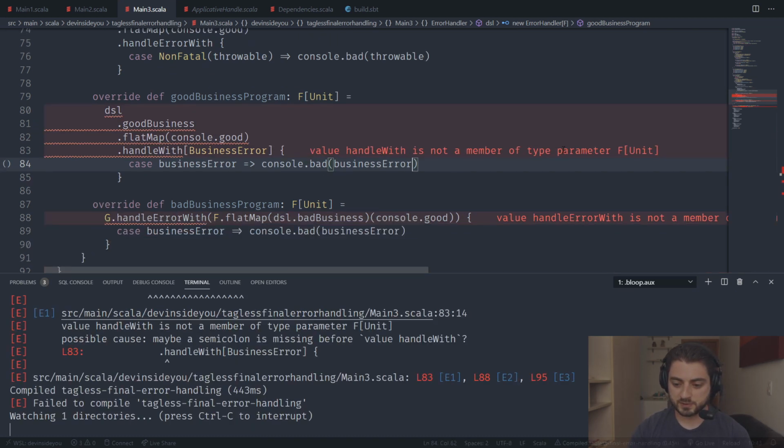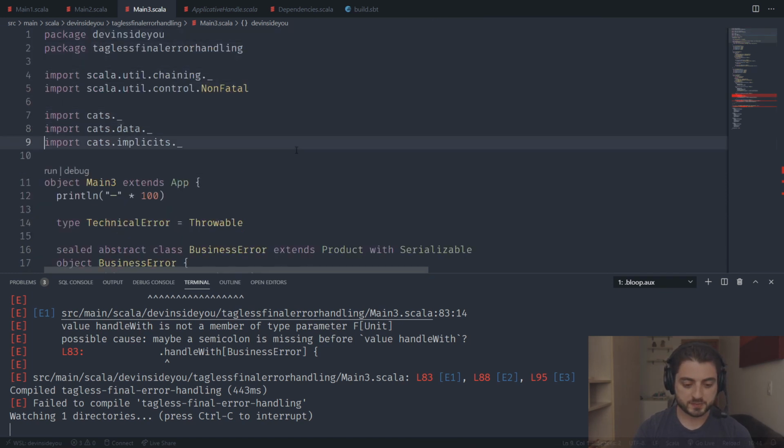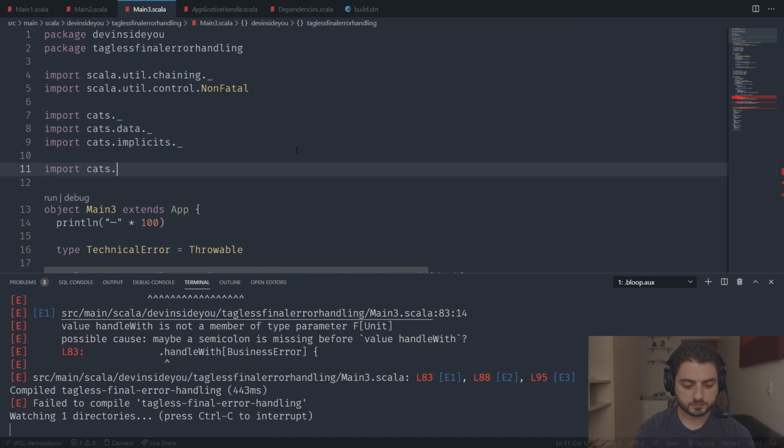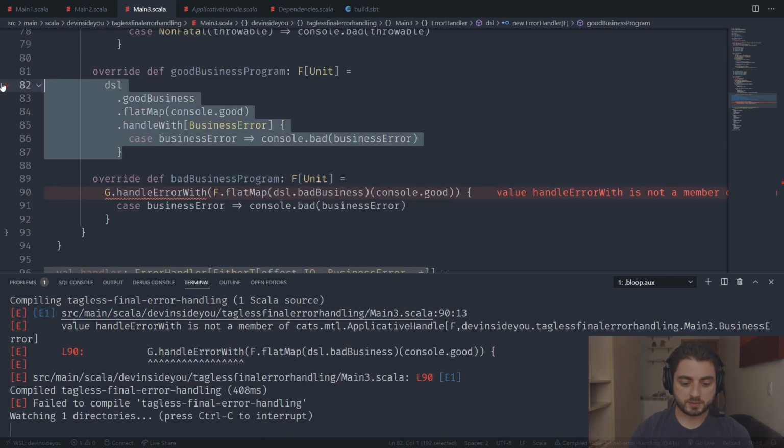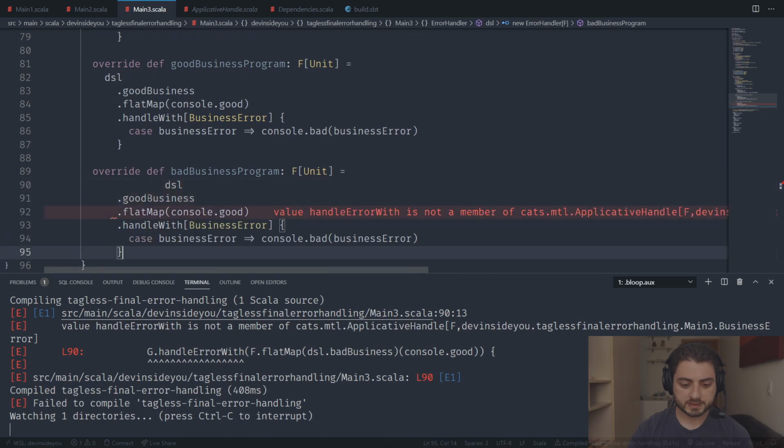Handle with is not a member of type F of Unit. Now this is probably happening because I forgot to import the implicits. So there's also cats.mtl implicits, like this. Okay, let's see if it helped. Yes, it did. Great. So now let me copy paste this, copy, paste that. So this is the bad business error,